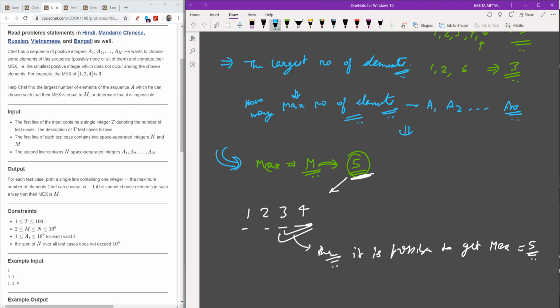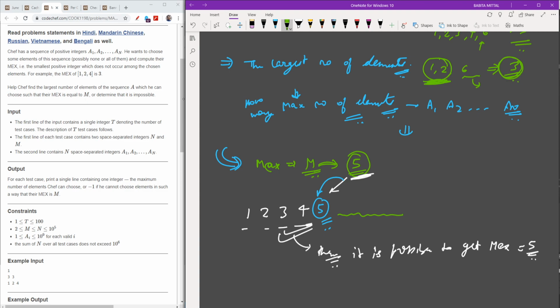Now the other condition is that, suppose 5 is the target, then I should not have 5 in the array which I choose. And I can also have elements more than 5, but I will not worry about them. As with MEX 3, I should only worry about the smaller elements, and these larger ones are just optional for me.